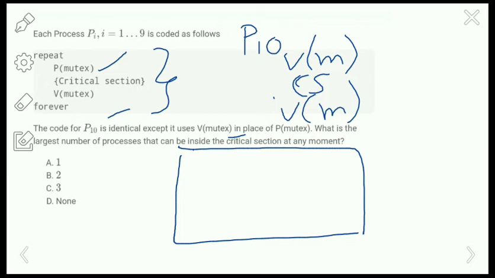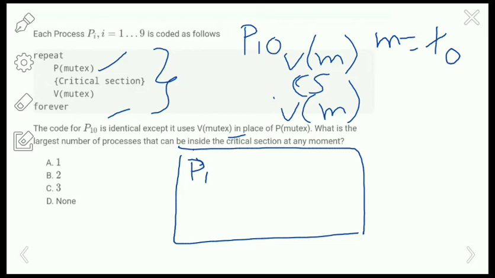It is given that the mutex value is always initialized to 1, so the semaphore value, that is the mutex, is m equals 1. Now P of mutex means a down operation on the mutex value, so it will become 0 and the process P1 will enter the critical section. So here P1 is in the critical section.